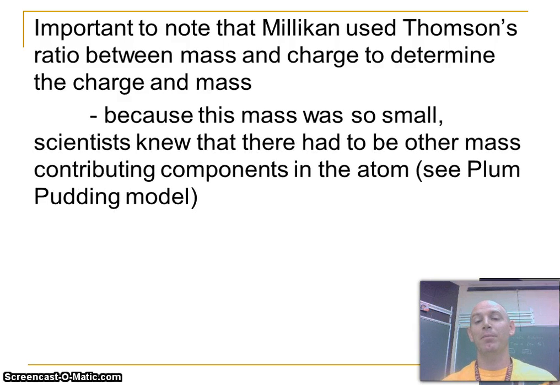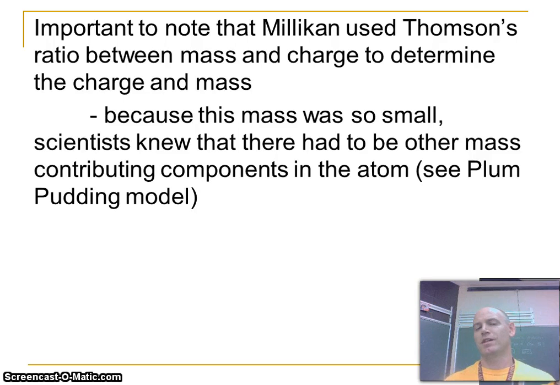And again, it's very important to note that Millikan did use Thomson's information and was sort of riding on his research. And because the mass that Millikan came up with, I think, do we have that on there? Maybe that was the previous one. Because the mass that Millikan came up with for the electron was so small,